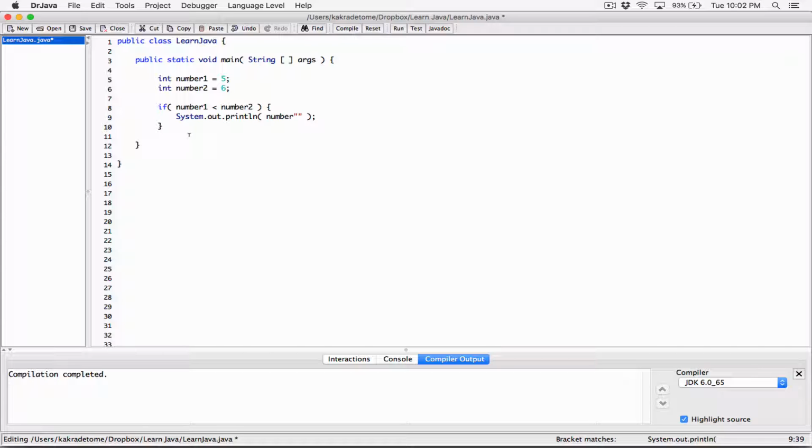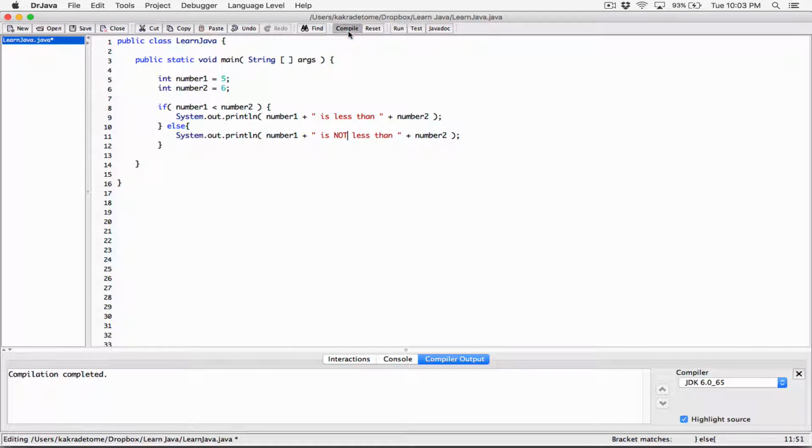We can say number1 concatenated with a string "is less than" concatenated with the value of number2. Else, meaning if number1 is not less than number2, then let's print out the message saying that number1 is not less than